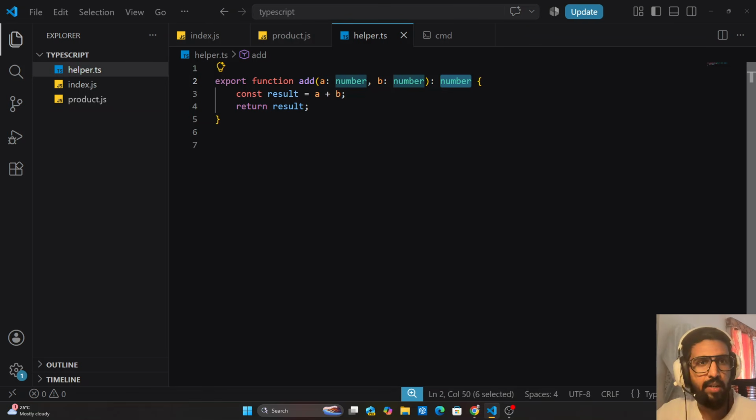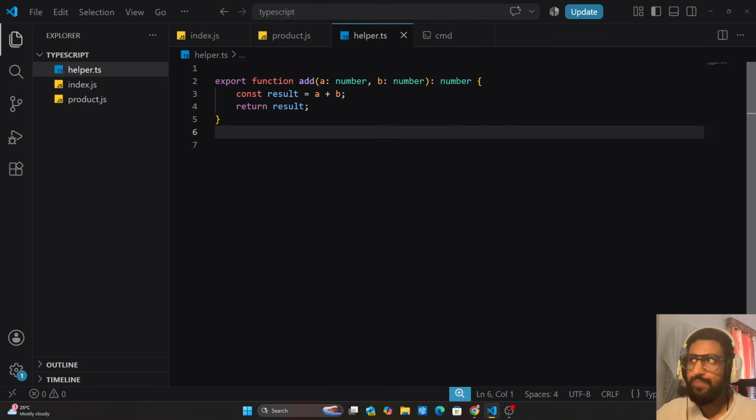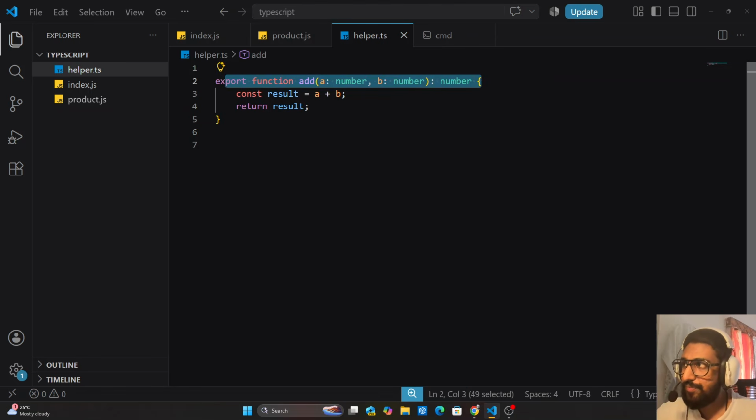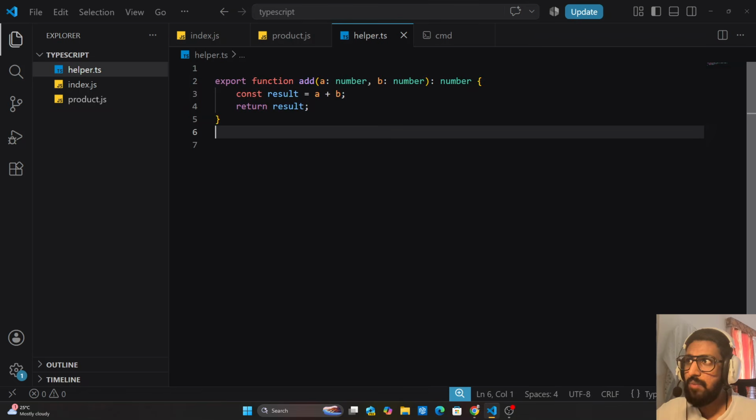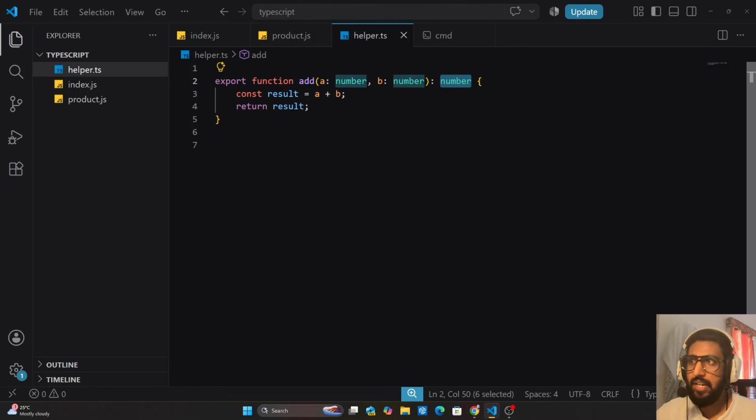Why do we have to spend so much time writing this extra code, right? So whatever time we spend writing this code will help us in debugging and